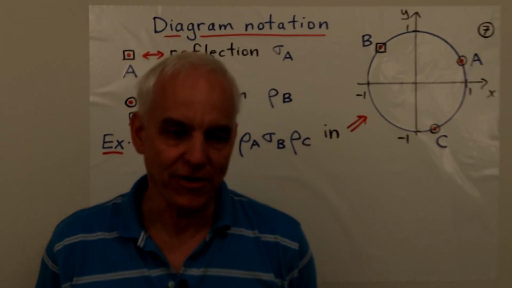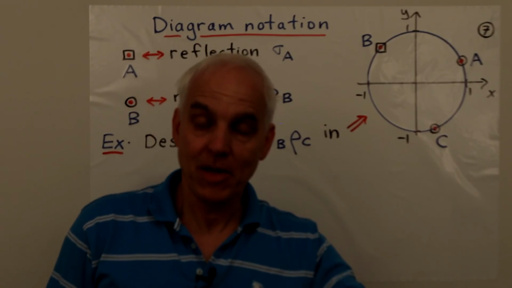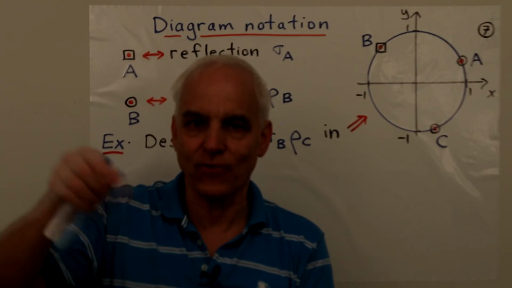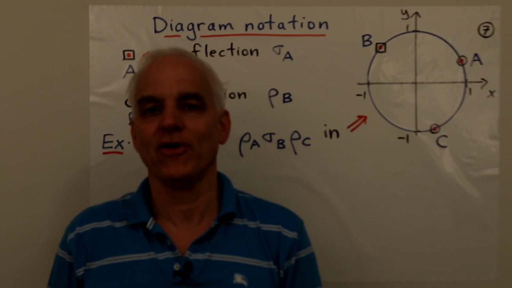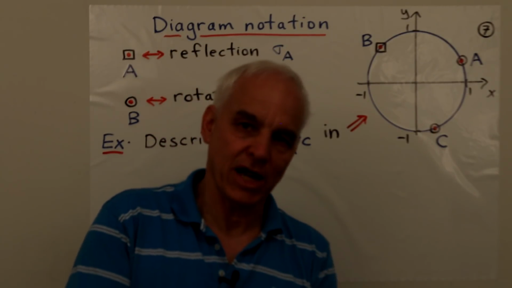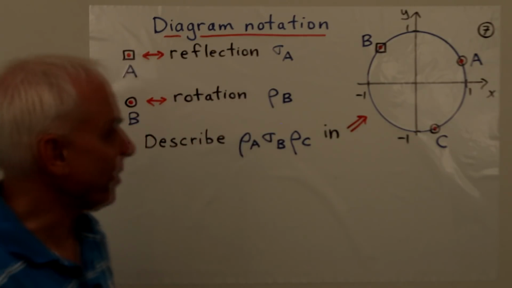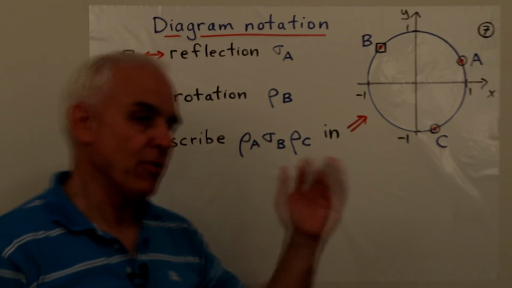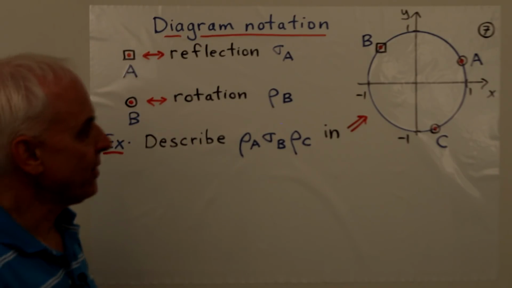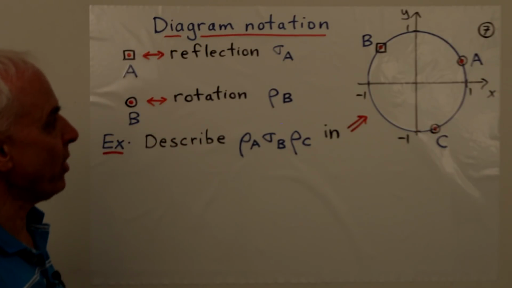Okay, so those formulas are useful for us because we can work algebraically, but we can also work geometrically. In other words, we can use constructions, relatively simple constructions, to process what composites of rotations and reflections are going to be. And I want to show you how that works. But in order to make it smoother, we're going to introduce a little bit of notation to specify these grounded isometries in terms of points on the unit circle.